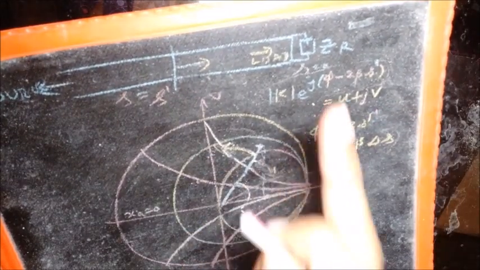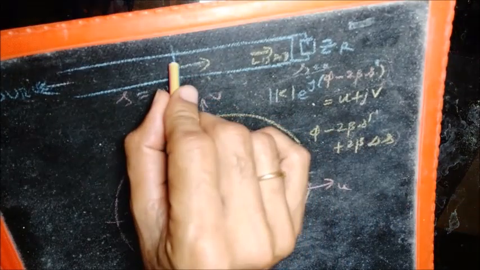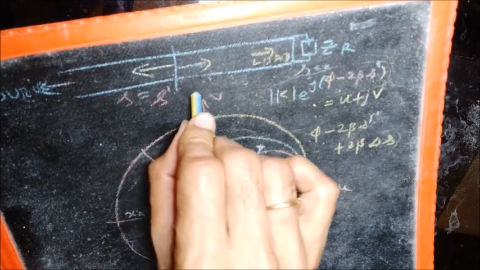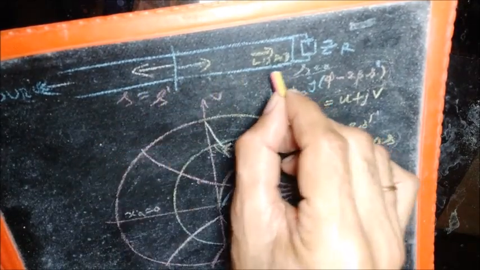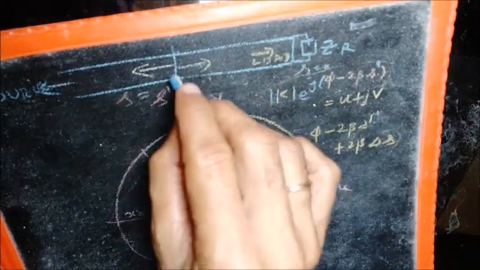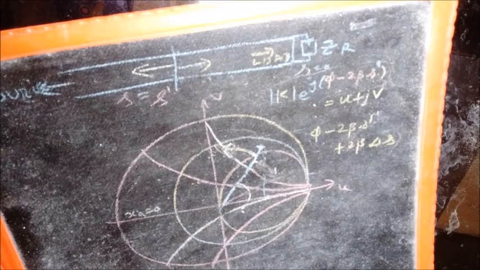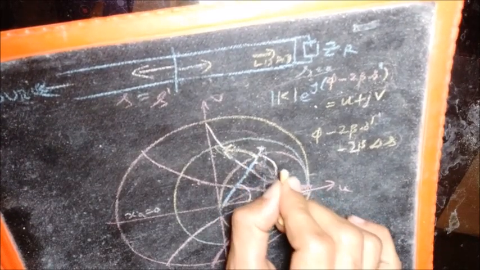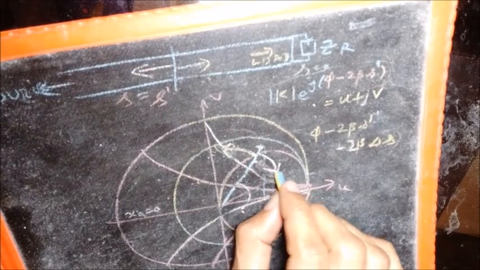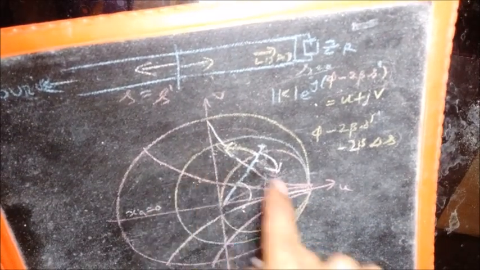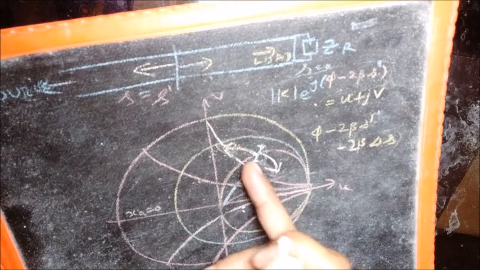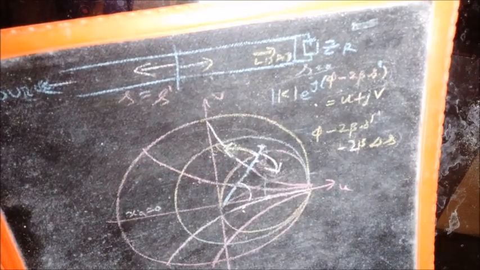Similarly, by the same argument, which I will not elaborate here, suppose instead of going from s dash to s dash minus delta s, we had increased s, remember it is increasing in this direction because this is s0, this is sl. If we had moved to s dash plus delta s, we would have ended up decreasing this angle, and the phasor would have moved in this direction. So any clockwise movement on the Smith chart refers to a movement towards the source, and any counterclockwise movement refers to a movement towards the load.